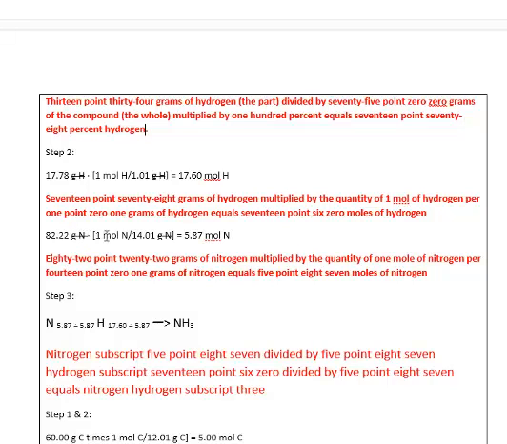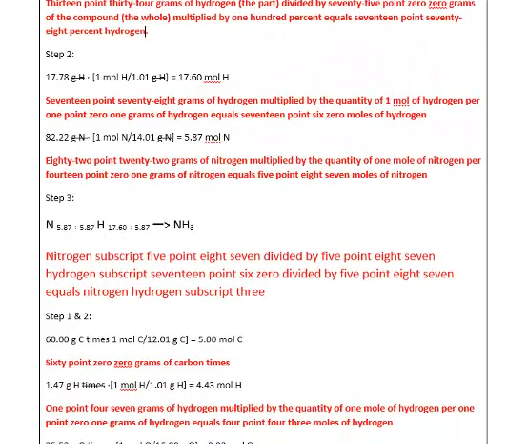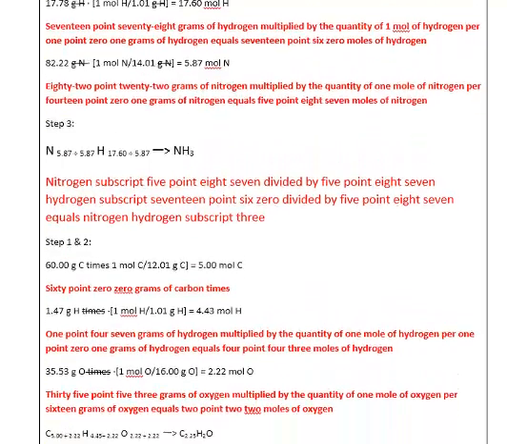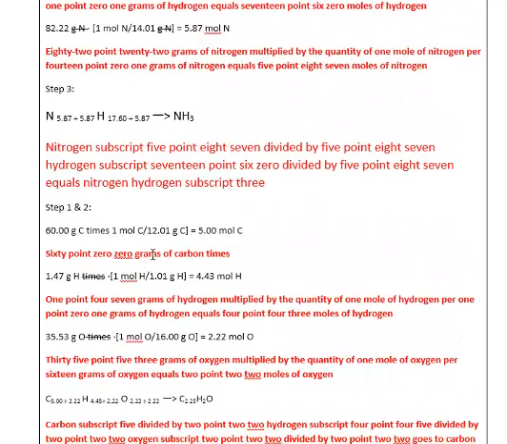82.22 grams of nitrogen multiplied by the quantity of 1 mole of nitrogen per 14.01 grams of nitrogen equals 5.87 moles of nitrogen. Step 3: nitrogen subscript 5.87 divided by 5.87, hydrogen subscript 17.60 divided by 5.87 equals nitrogen, hydrogen subscript 3. Steps 1 and 2: 60.00 grams of carbon times, okay, now one thing I noticed here, there's this